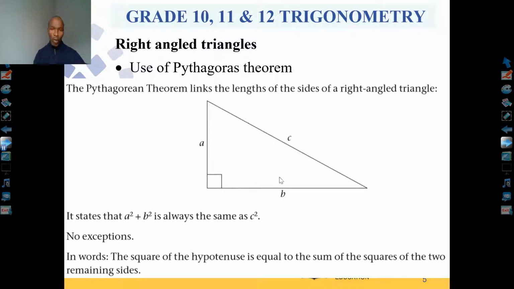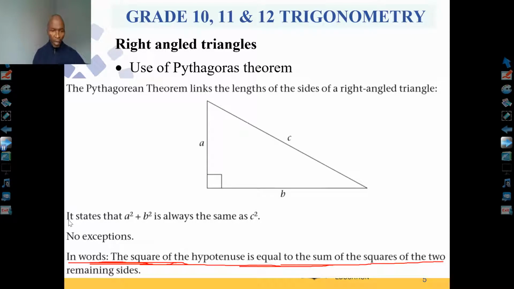What is Pythagoras theorem, or where is it used? Right. I will start from the bottom and say, in words, the theorem of Pythagoras states that the square of the hypotenuse is equal to the sum of the squares of the other two sides. The square on the hypotenuse side is equal to the sum of the squares on the other two sides, which